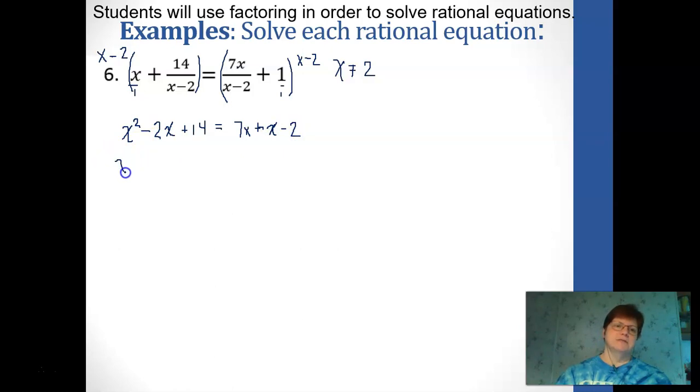Combine like terms. On the left side, we've still got x squared minus 2x plus 14. On the right side, we have 8x minus 2. So, subtract 8 from both sides and add 2 to both sides. So we now have